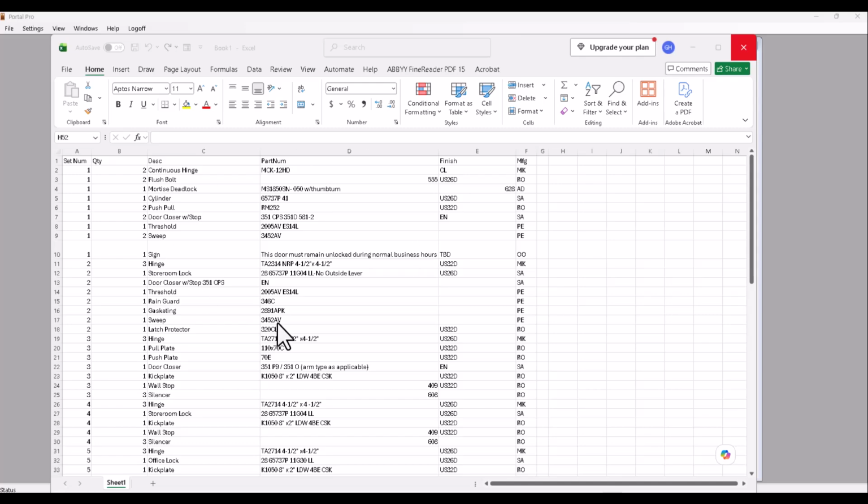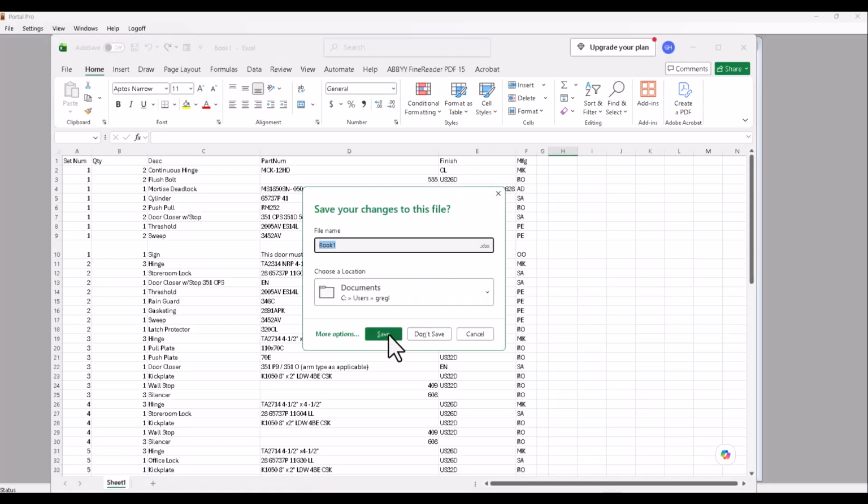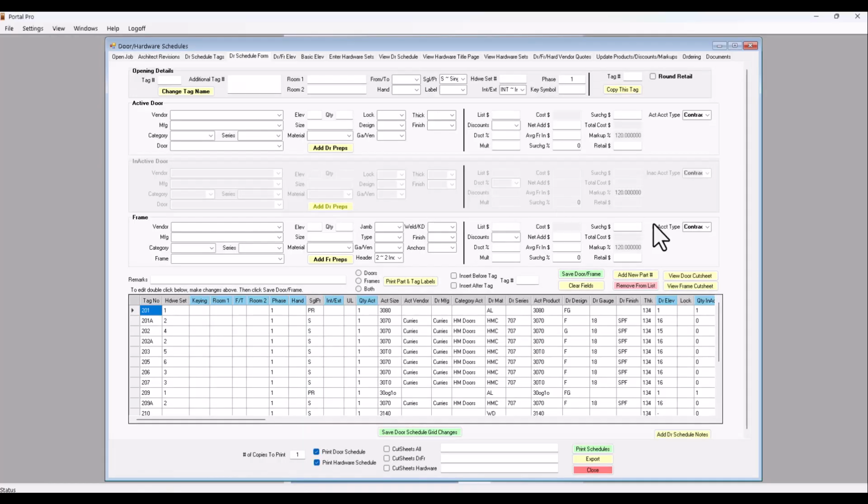So once you've completed this, once you've got it all corrected and ready to go, make sure you save it. Save it someplace on your hard drive where you can get to it again. Give it a name, whatever, for the project, and go ahead and close it out. Don't save. All right, so now we can come over to our door schedule in Portal Pro